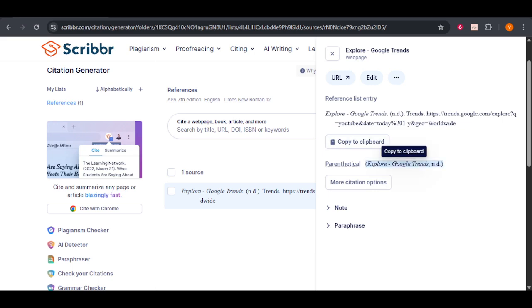Now you're ready to paste the citation into your document. Place it in the appropriate section of your paper, whether that's in the bibliography, reference list, or wherever your style guide indicates. Proper citation not only enhances the credibility of your work, but also respects the intellectual property of others